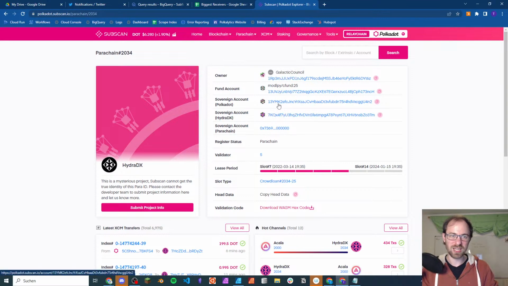And then sovereign account. So sovereign account is a special account. And this is basically the account of the parachain. So the parachain itself can interact on Polkadot, for example. And this is the account where if you as a user do an XCM transfer, a cross-chain transfer of tokens to a parachain, this doesn't really happen. What really happens is you are transferring your DOT to the sovereign account of the parachain,